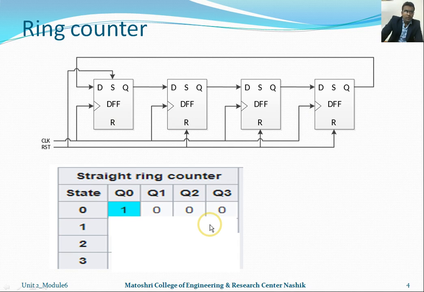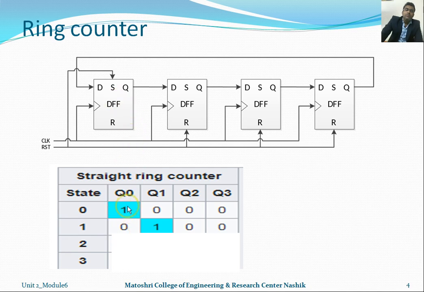Now for the next clock pulse, the output of the first flip-flop is shifted to the second flip-flop. The output of the second flip-flop is shifted to the third. The output of the third flip-flop is shifted to the fourth flip-flop, and the output of the fourth flip-flop is shifted to the first flip-flop. See here, the output Q3 of the fourth flip-flop is 0. This 0 is shifted, ringing back to the first flip-flop. So the value of Q3 is shifted to Q0 for the next clock pulse,